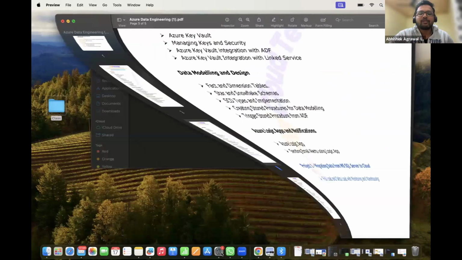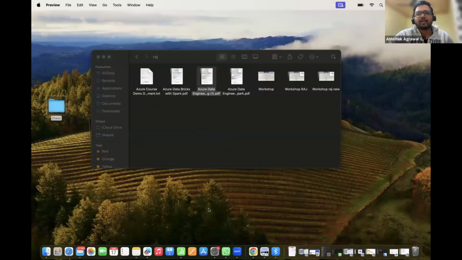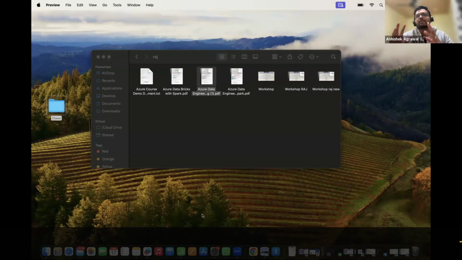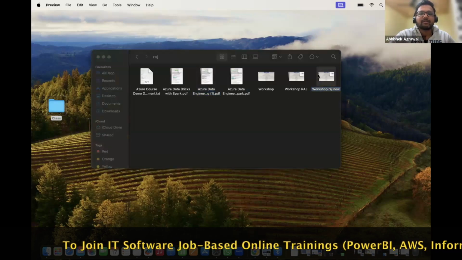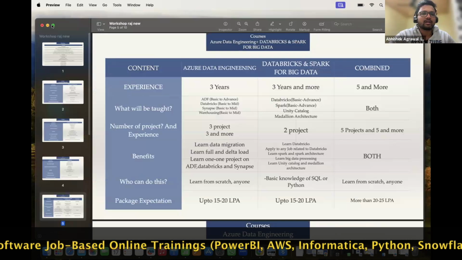Now, if you're interested in both, you can ideally enroll for both course curriculums. Or if you are interested in only Data Factory, you can enroll for only Data Factory. And if you're interested in big data processing in Spark, you can enroll for that as well. So just to make it very clear for everyone, so that it's not confusing for you guys,